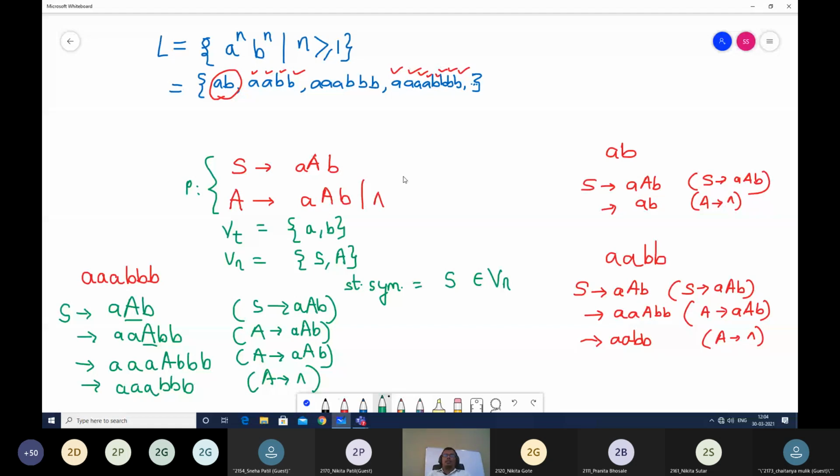Is the example understood, my dear students? So what sequence should you write? First the problem, then you'll write the strings, then you'll write the production rules. After you write the production rules, you will write the remaining 3 tuples. After you write these 3 tuples, you will solve one string of your choice. Like I have solved 3 here, out of which you can solve one. Is that example understood?